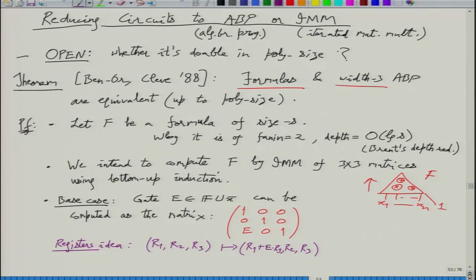And you are assuming that a register stores a polynomial in this case, right? So it is actually storing a function. It is not storing on, off, or 0, 1. This is the algebraic model. So here a register actually stores a function. You start in the register with simple functions like x1 or 10, and then using transformations which are also very simple, you will slowly build complicated functions in a register. So it's a very natural thing to do in this sense.